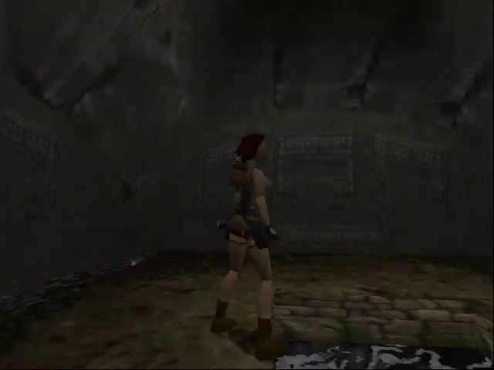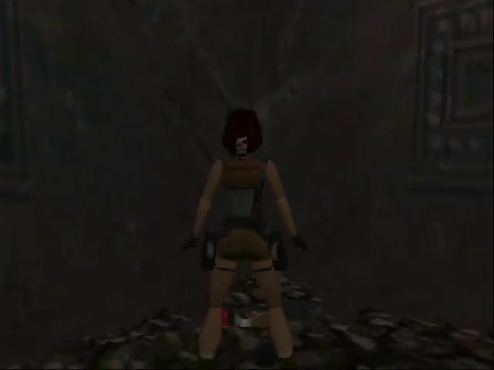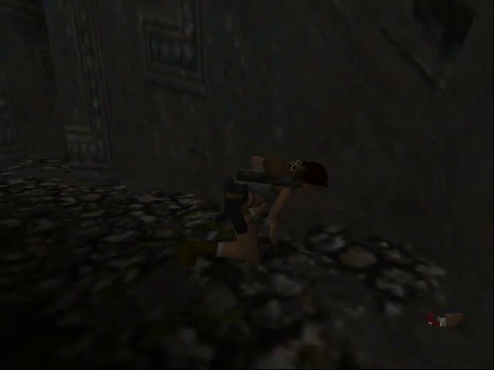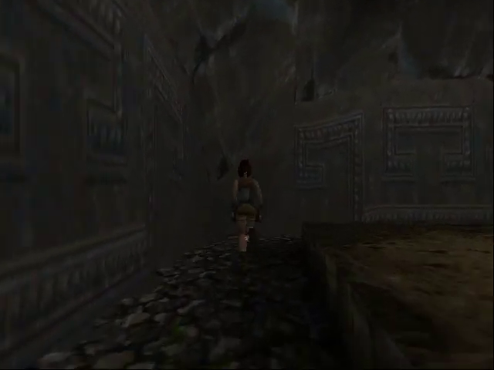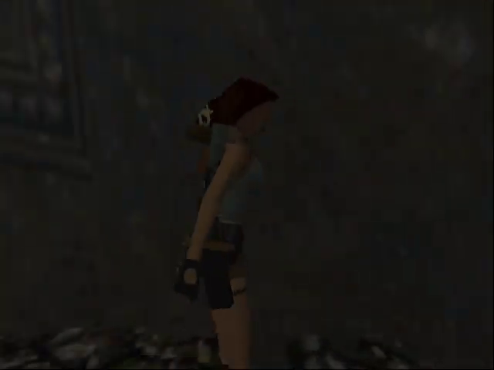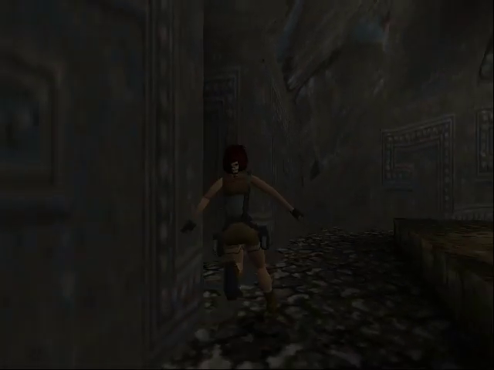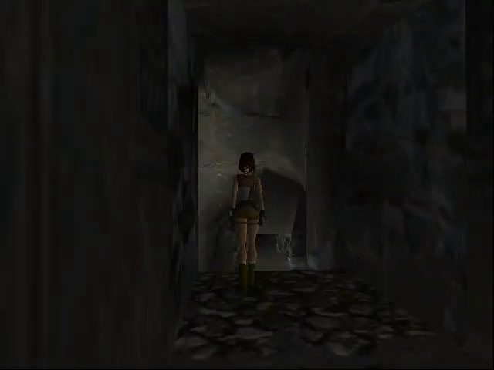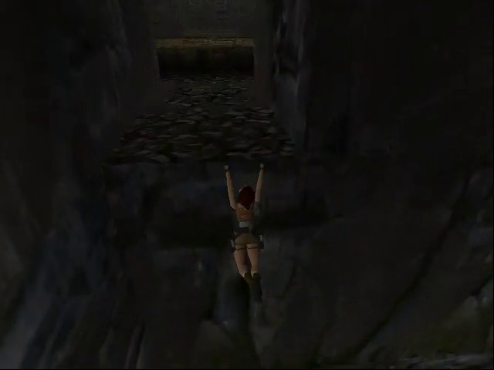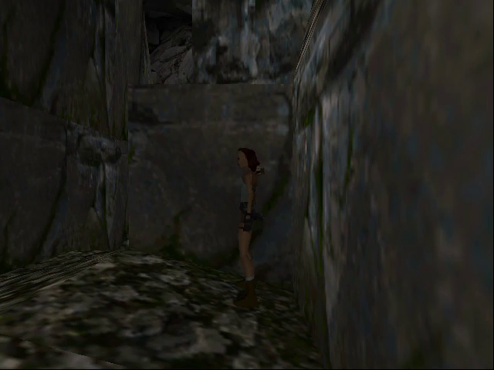Now we're in yet another cave. And here there are a box of shotgun shells, a small medpack, yet another box of shotgun shells, and well, that's that for that room. And now here, just safely drop back down, out of the stream, and now